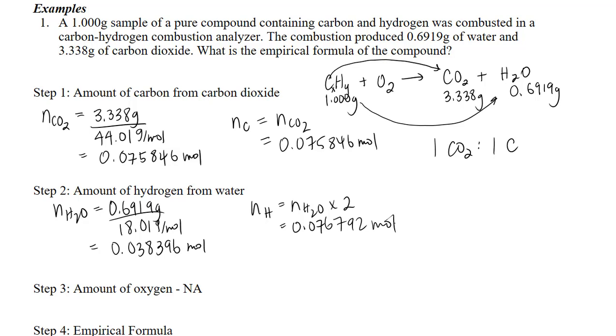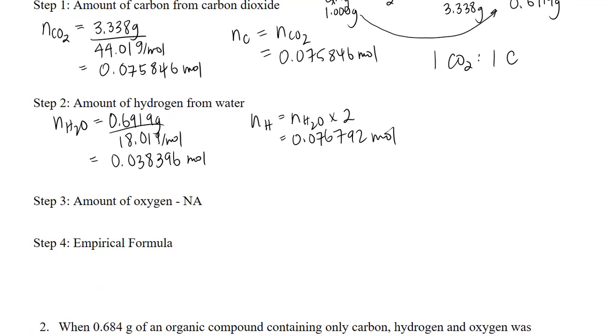Now it gives us a step 3 here, which we'll use in other problems when there is oxygen. Our compound that we're studying, as the question suggests, contains only carbon and hydrogen, so we don't need to do this step. To find the empirical formula, I need to find the simplest whole number ratio. At the moment, I do have a mole ratio, but it's not in a whole number form,